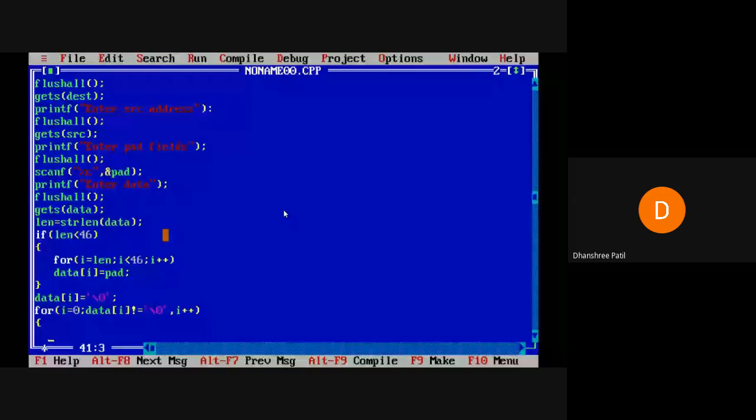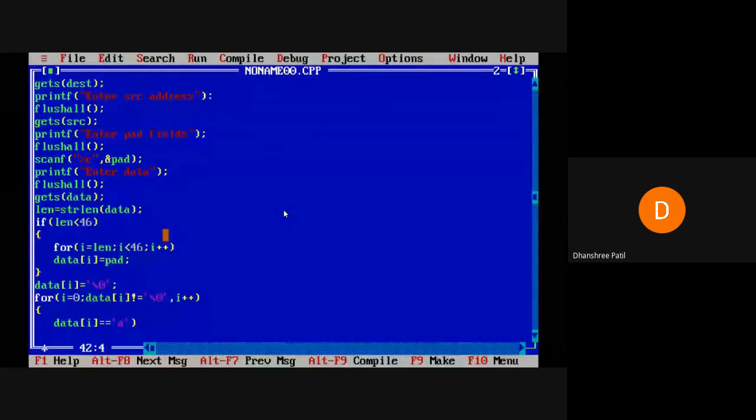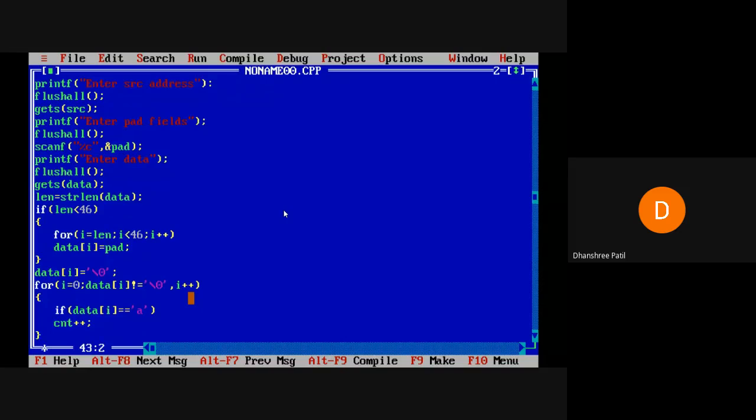Now what it will check: if data of i is equal to a, means any character if it is there, then count plus plus. Okay, this is just taken to check the error that I have taken.